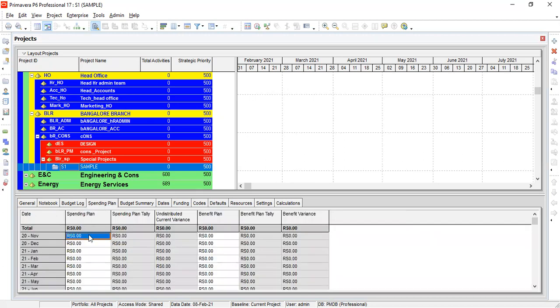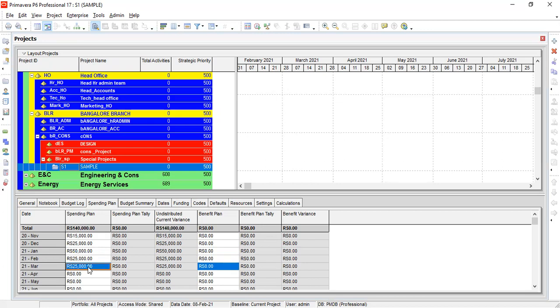And then for this project, per month, how much I am planning to spend: expenses, salary, EB bill, rent, everything you have to add here. Other expenses you already know about. This is monthly, right?